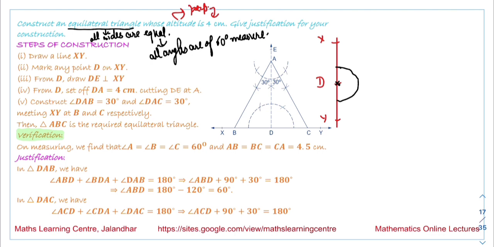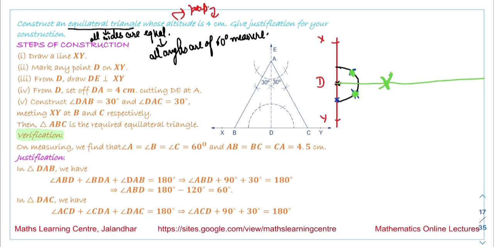After this, we keep the tip of the compass at this point and mark an arc. Then we keep the tip of the compass over here and mark another arc. In the next step, we keep the compass at this point and this point, and we mark 2 arcs. From the first point we have marked this arc, from the second point we have marked this second arc, and when we join these 2 points,